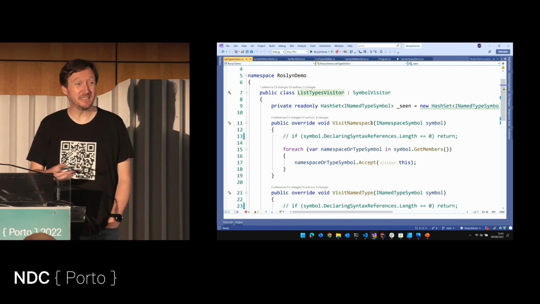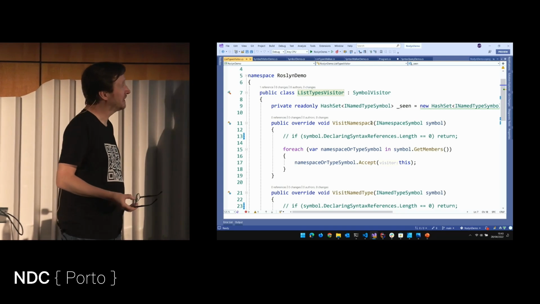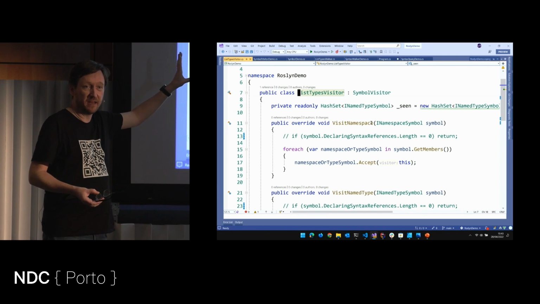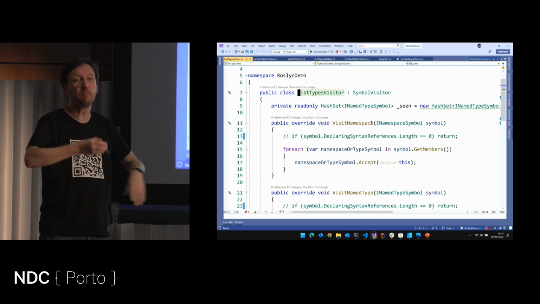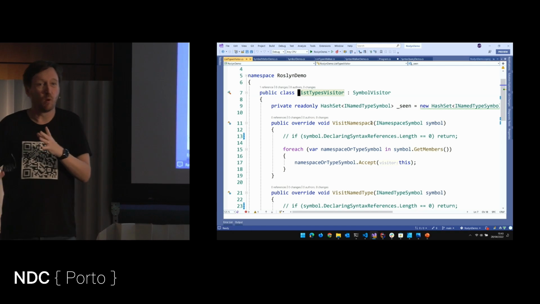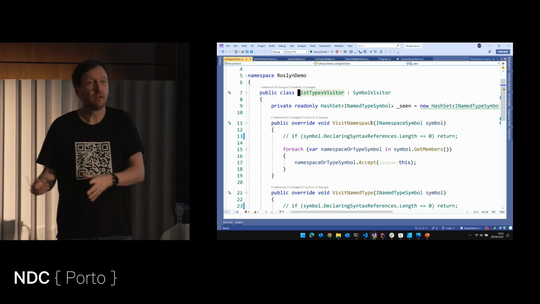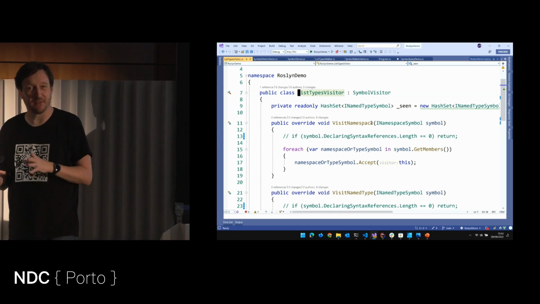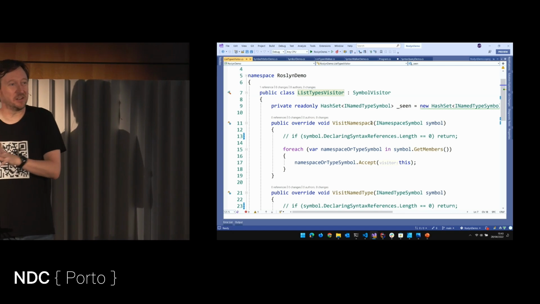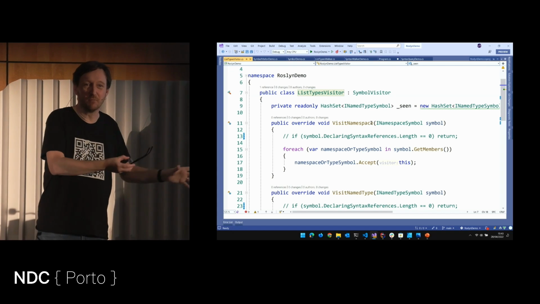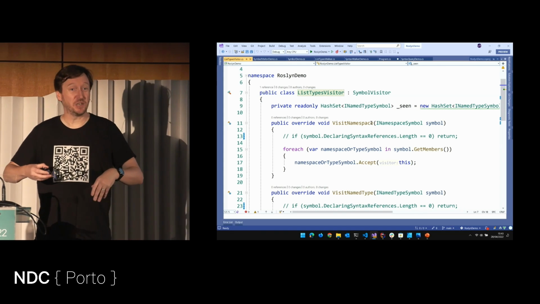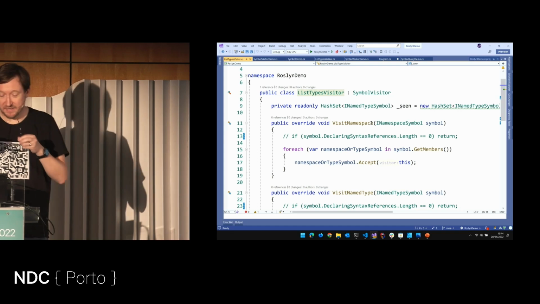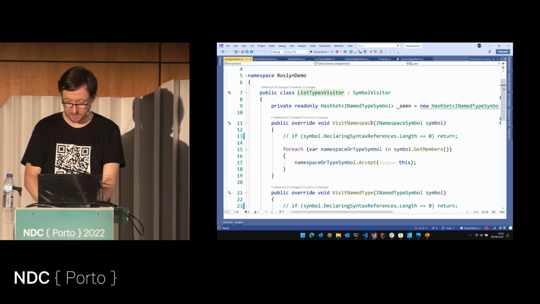But it's there. It's another way that you can go through all the types. So this will actually let you go through all the types in a solution, this symbol, all the symbols in a model, without worrying about the syntax tree at all. And I have never found a useful use case for that, because it's the syntax that you really care about. It's not the symbols. The symbols give you information about the syntax, but never mind. So that is there, but I'm going to skip over it because